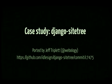So the particular example I'm going to look at is an app called Django Site Tree that we used for this site. And actually, the work wasn't done by me. It was done by one of my colleagues, Jeff Triplett. You can see the actual commit that ported the app to Python 3 at that link. And yes, I said commit. There was one. So that's going to give you a hint right off the bat that it's a reasonably small